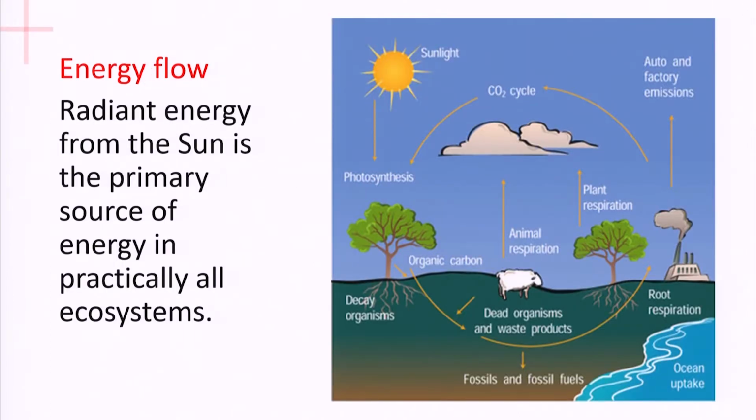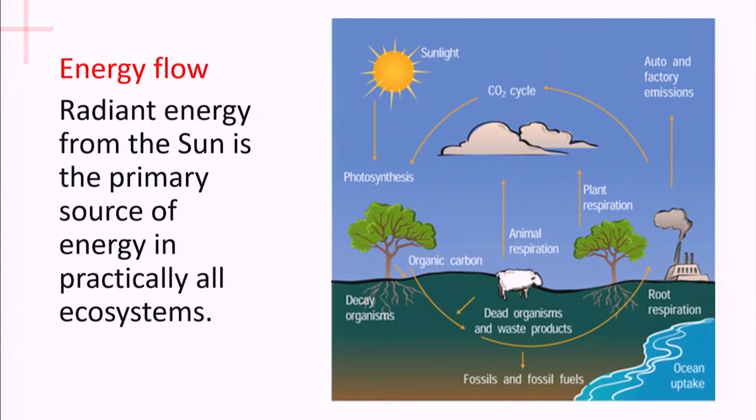Now let us see how energy flows. Radiant energy from the sun is the primary source of energy for practically all the ecosystem. The figure indicates how sunlight helps photosynthesis of the plants, and then it gets into the land by the decay of organisms. The dead organisms and the waste products that are submerged in the land help in the formation of fossil fuels. The organic carbon gets submerged in the land or gets gathered in the land,